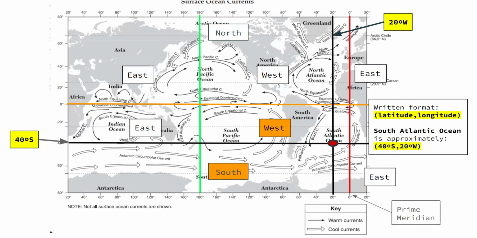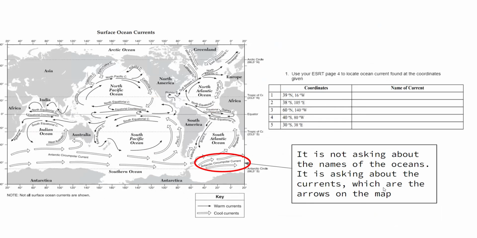Notice that on question number 1 on your lab, it's giving you the coordinates and it's asking you for the name of the ocean currents, which means these are your ocean currents. The small arrows, right? Such as the Antarctic Circumpolar Current or the Gulf Stream Current, Pacific Current, all the arrows are your ocean currents. It's not asking about the ocean, so please don't write North Atlantic Ocean, South Pacific Ocean, Indian Ocean. It's asking for the small lettering for each of the arrows, for each of the names of the